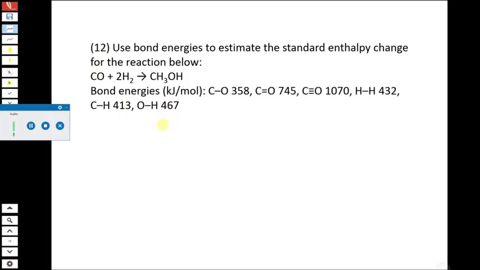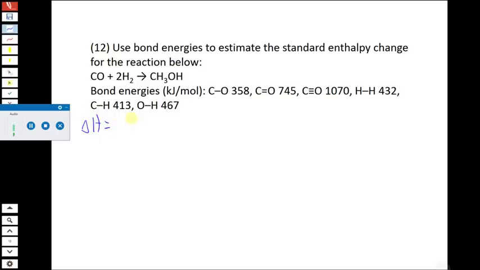The first one we learned about back in Chapter 3, which at the time we didn't even really know we were calculating enthalpy change, we called it delta E at that time, was using bond energies and estimating that from that sort of data. So what we have to remember is that if we're calculating delta H from bond energies, or bond association energies as they're sometimes called,